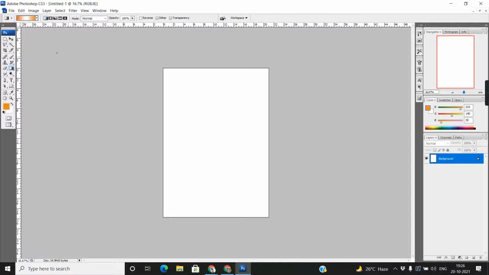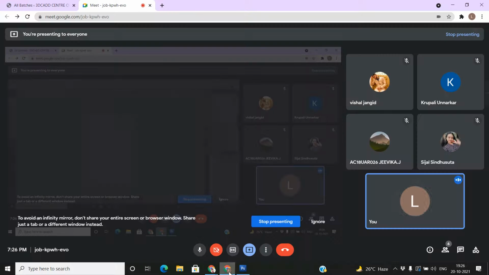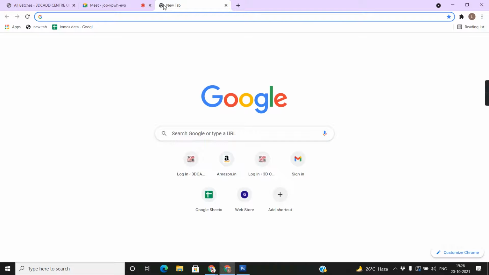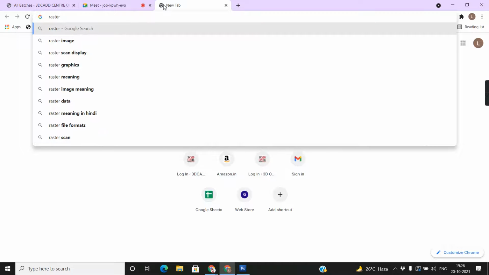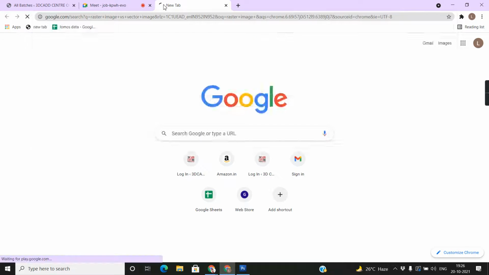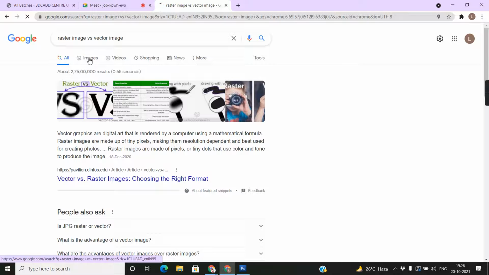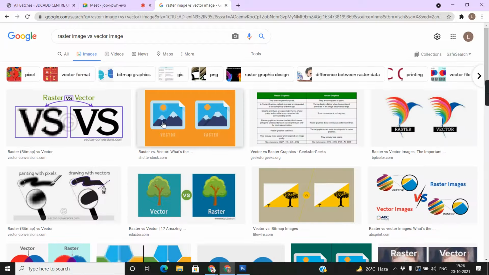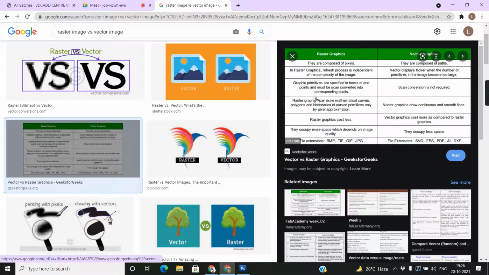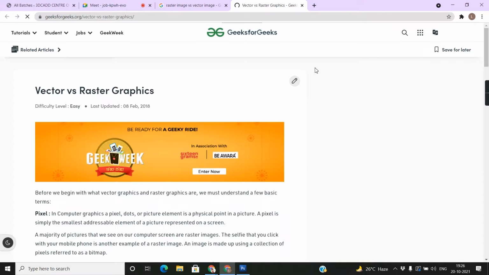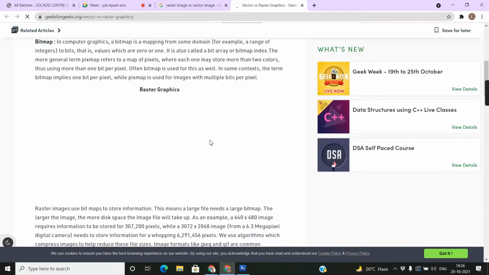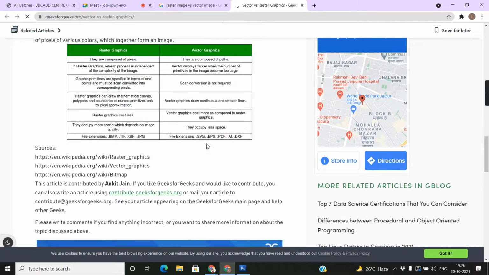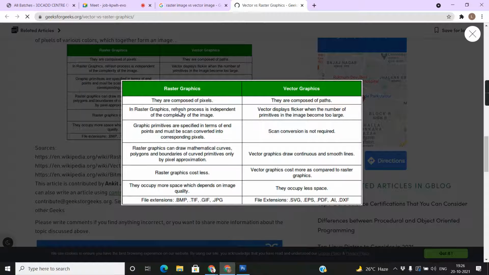So look, if we're talking about raster and vector, so see, look at that. This is the basic difference.